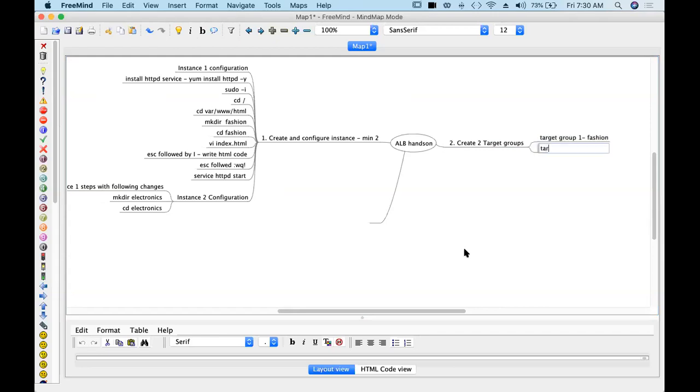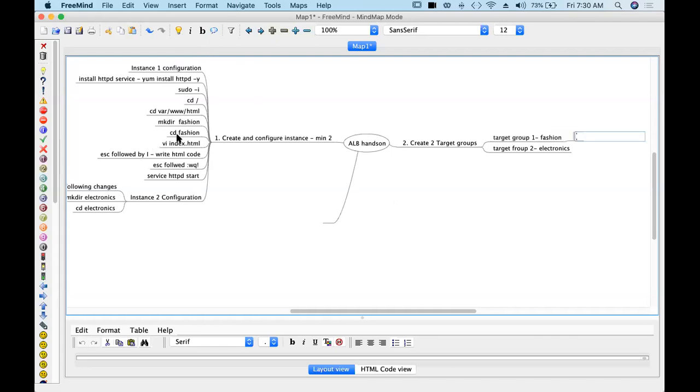Target group 2, electronics, and add members. And we know instance 1, which has the fashion path, is the member. Add targets, instance 1, because instance 1 has the fashion path.